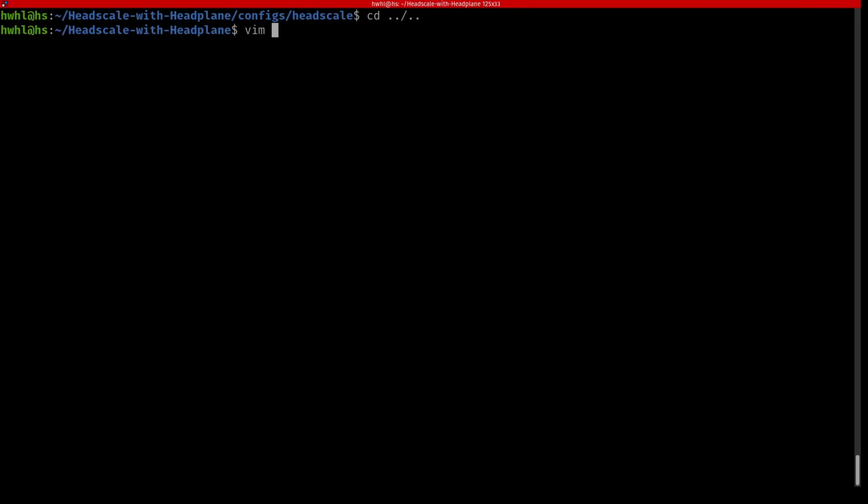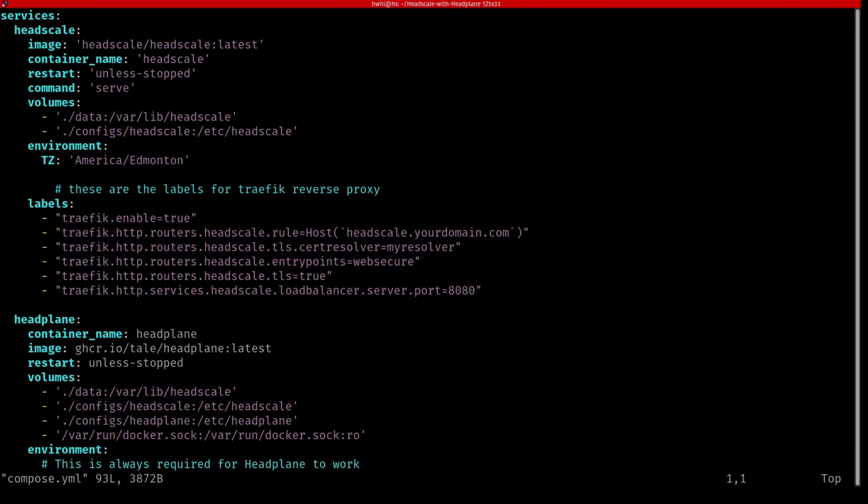In here, we've got a couple changes we've got to make in the compose file. There's going to be a couple things you want to change. Number one, you'll want to change your time zone environment variable to whatever's appropriate for you. And then down here in the traefik labels, you can see I've got a dummy URL in here. This dummy domain is in here a couple of times, so I'm just going to swap them both at once